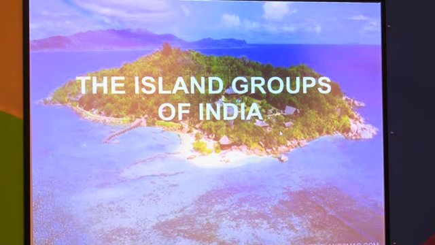So students, before we start the island group of India, what is the meaning of island? See in the picture, a land area totally surrounded by water, meaning an area in the middle of water, which has been covered by water on all four sides, is called an island. So this type of islands is found in our India: one in the Arabian Sea, Lakshadweep, and the second one is found in the Bay of Bengal, Andaman and Nicobar.